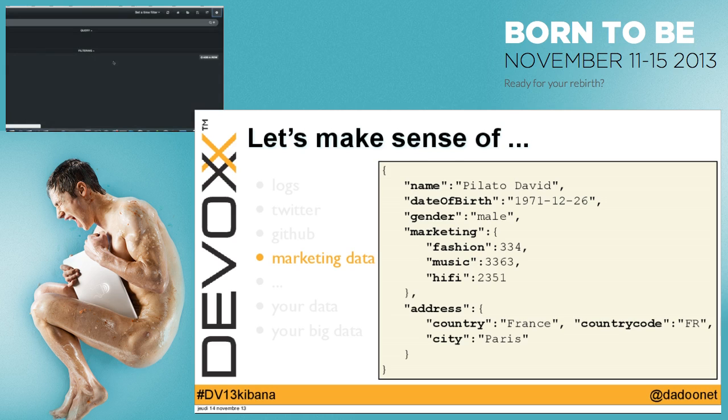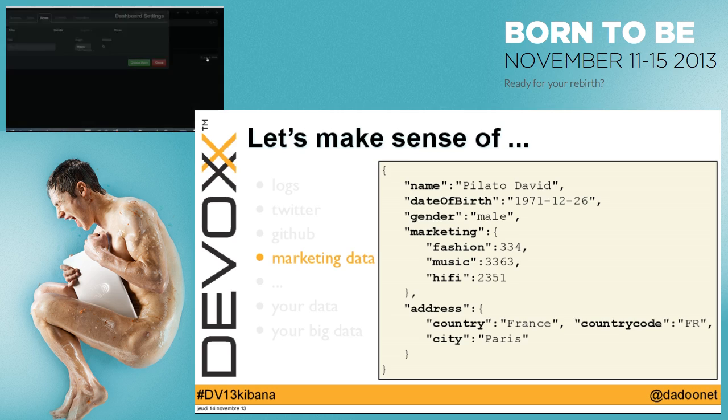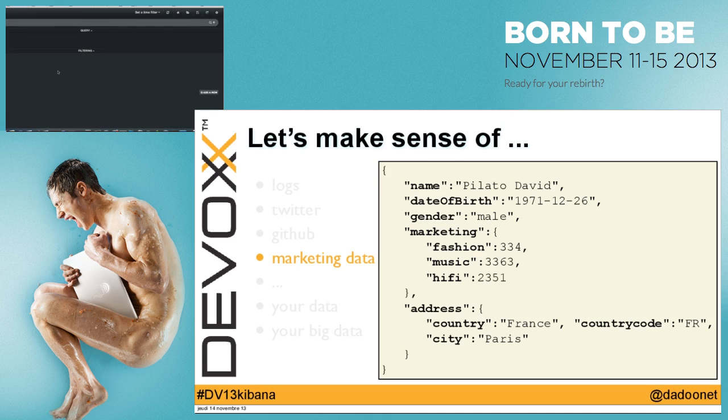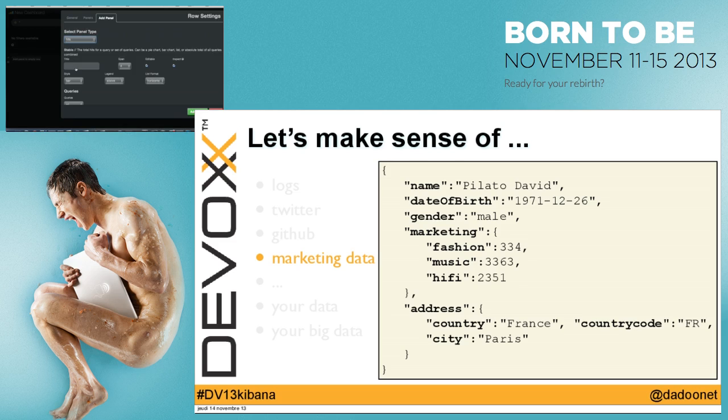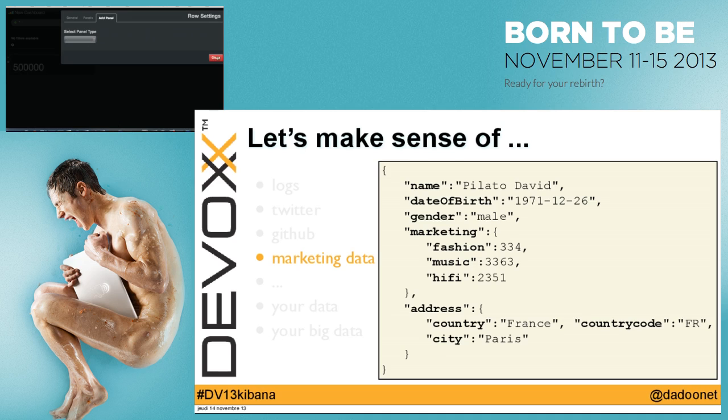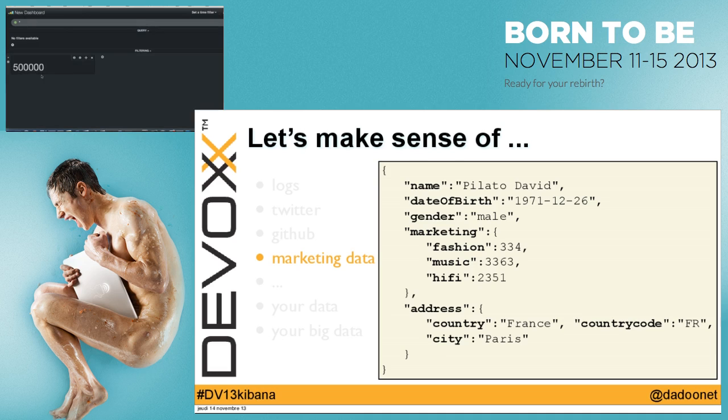The first thing I have to do is to add rows. Think about it like Twitter Bootstrap rows. I'm going to add a row named analytics. Okay. And in that row, I'm going to add panels. The first panel I want to add is the number of hits that match the query I will send. For example, I want to display here the number of hits, so I have now 500,000 of person, because I